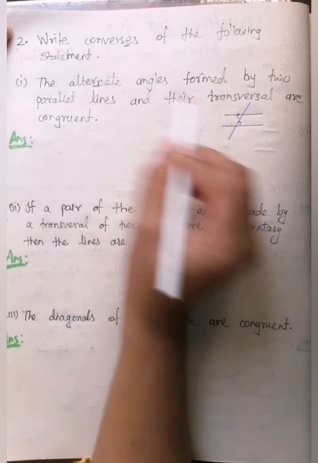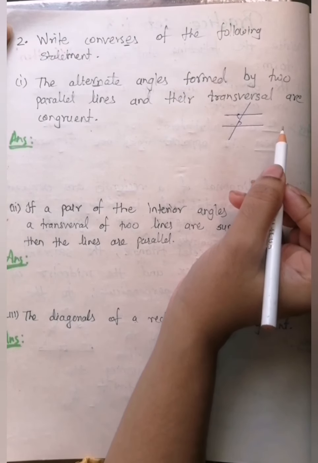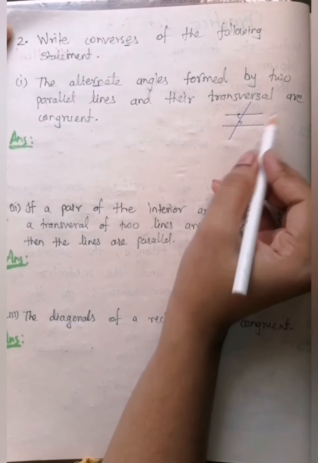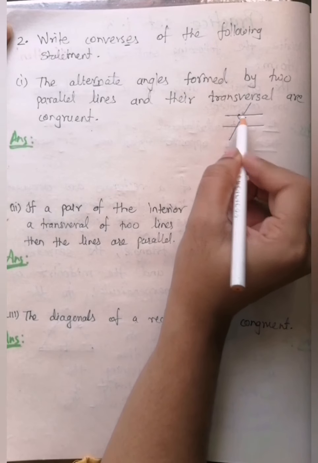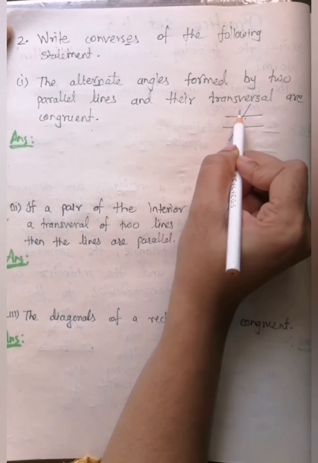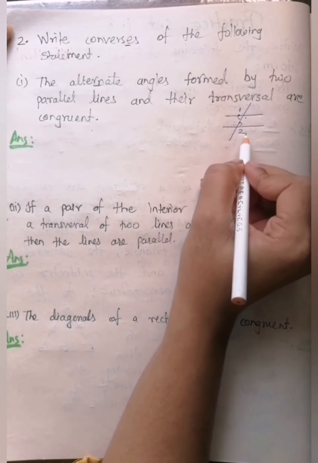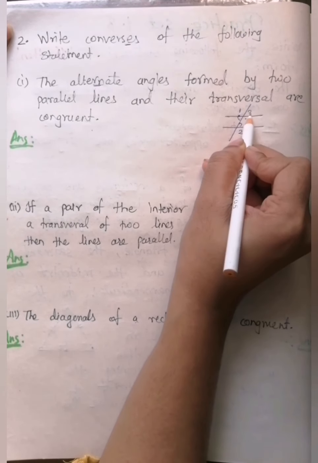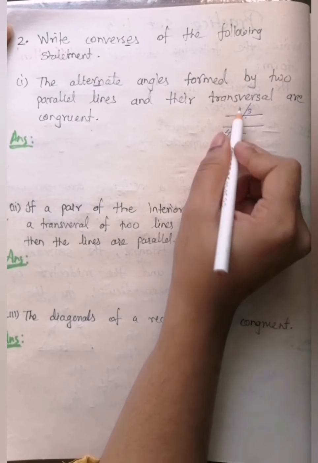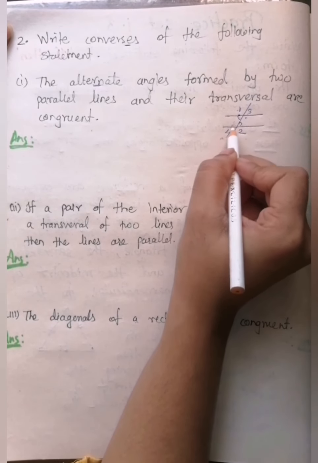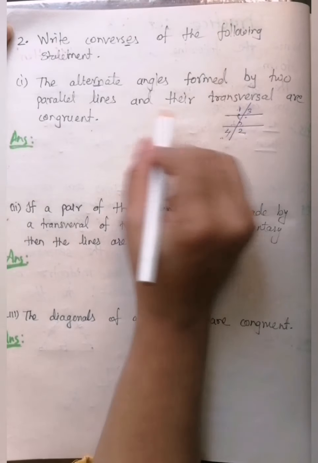So we have two types of alternate angles. The first one is alternate interior angles and the second is alternate exterior angles. So these are alternate interior angles and exterior angles. This 3 is alternate with this 4. Okay, this is the alternate exterior angle and this is the alternate interior angles. Clear? So now clear this concept.